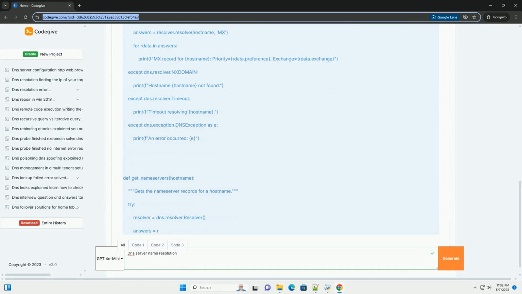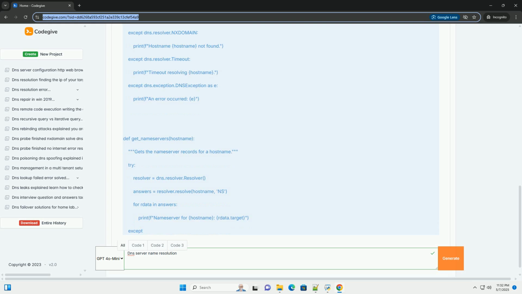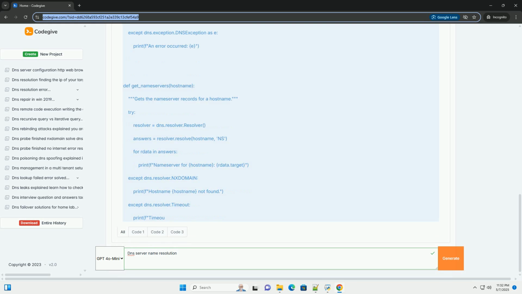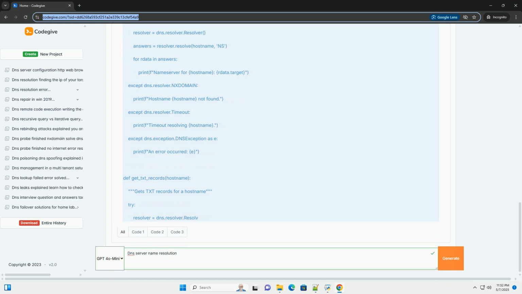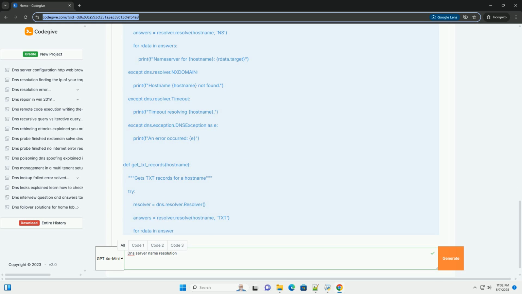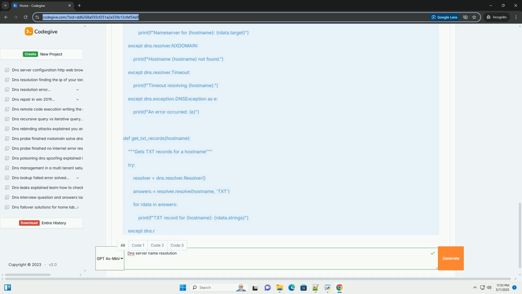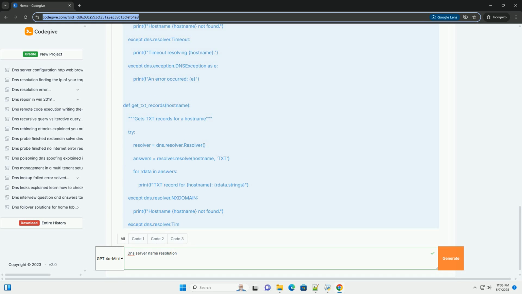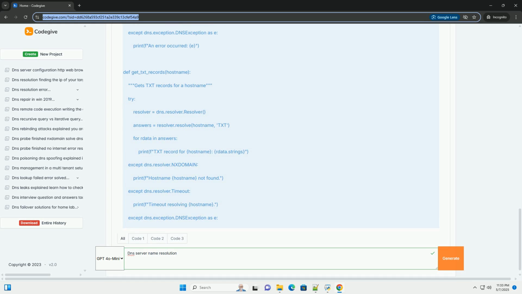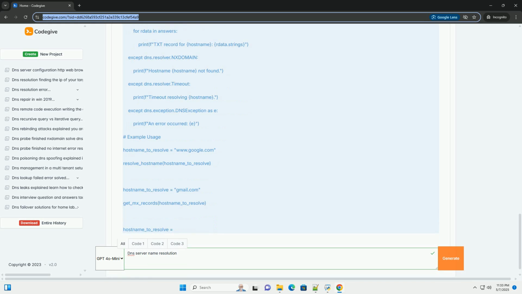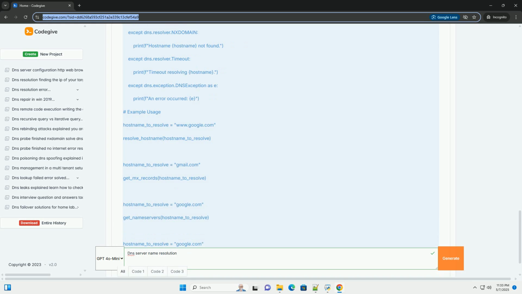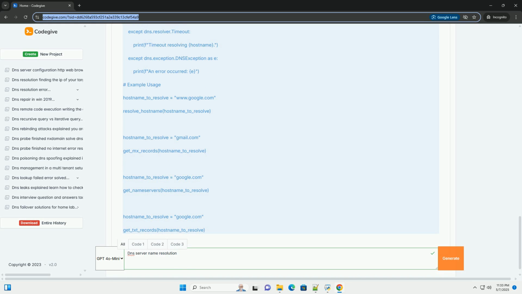What is DNS, Domain Name System? Think of DNS as the phone book of the Internet. Humans use memorable names, like www.google.com, but computers communicate using IP addresses, like 142.250.185.142. DNS translates these human-friendly domain names into the IP addresses that computers need to locate servers and other resources on the network. Key components: